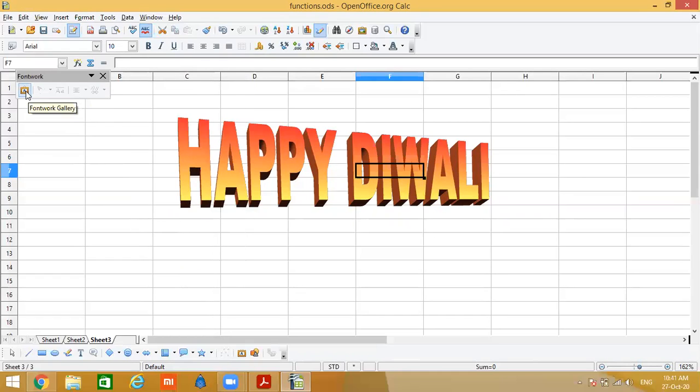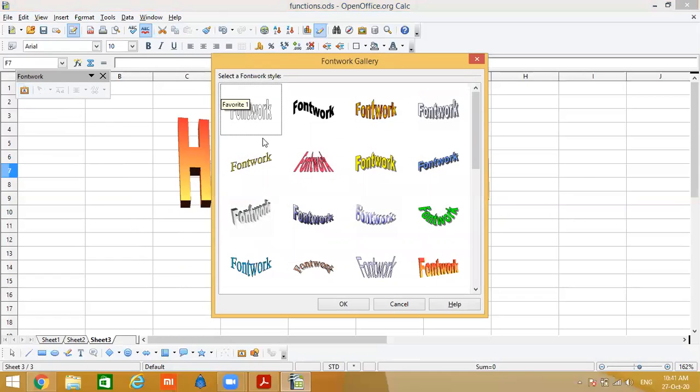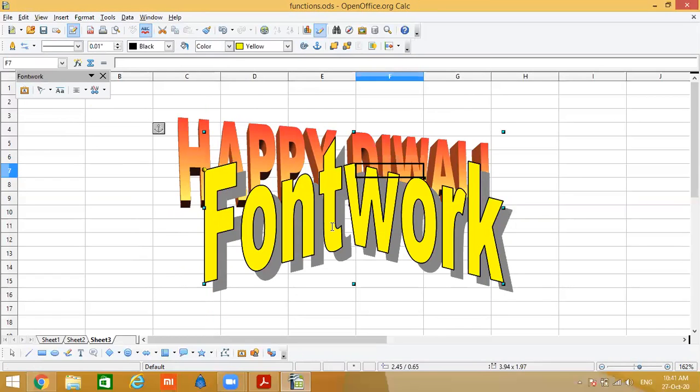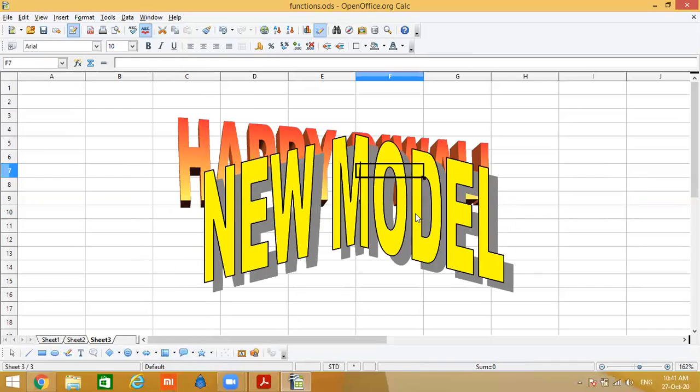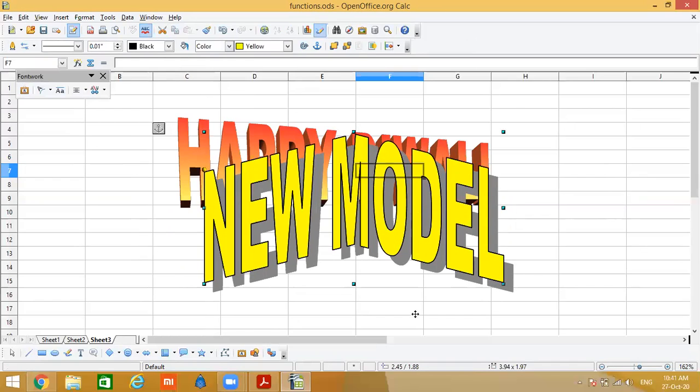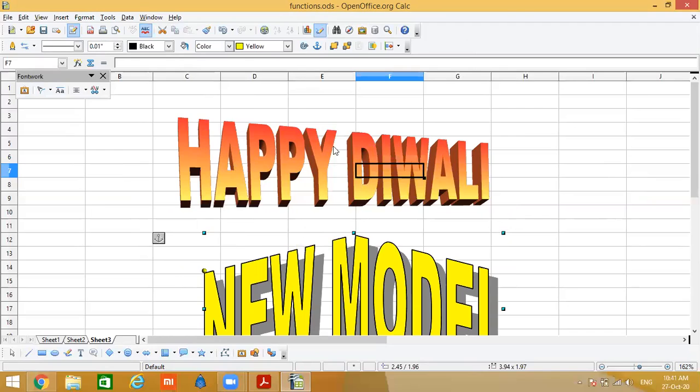This is Fontwork. Fontwork is available on the toolbox as well as here. New model. I hope you are clear on it. This is what we are inserting from our gallery box, the Fontwork gallery. This is what we selected from here.